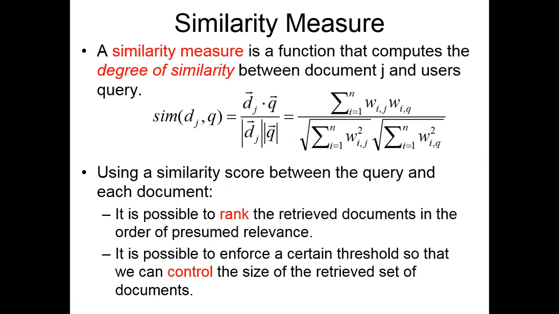Again, we are getting a similarity score between 0 and 1. If you get a similarity score of 0, that means the document is irrelevant for the query. Otherwise, if a similarity score greater than 0 is obtained, the document in one way or another contains at least one of the query terms, so that document is relevant.